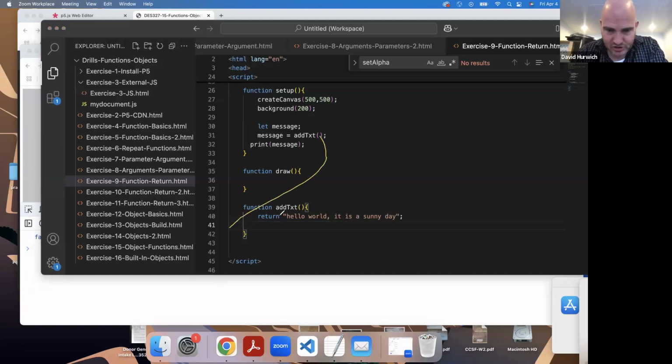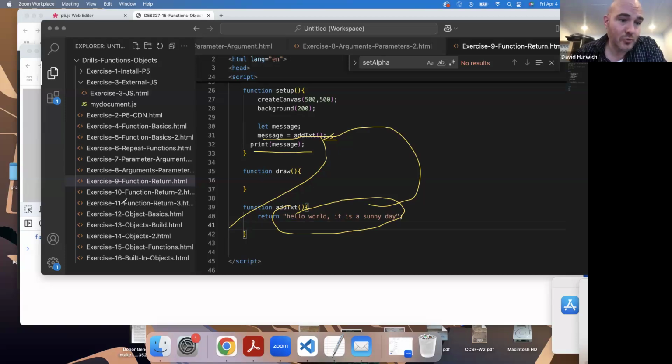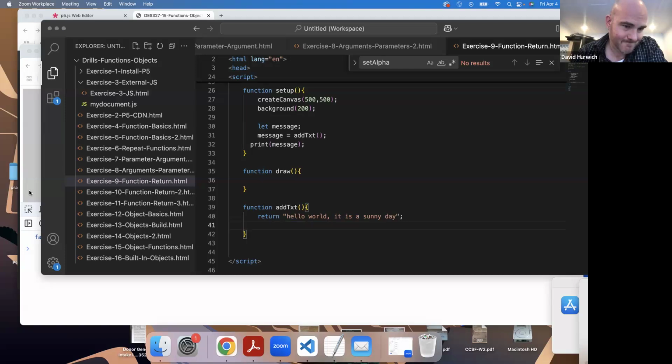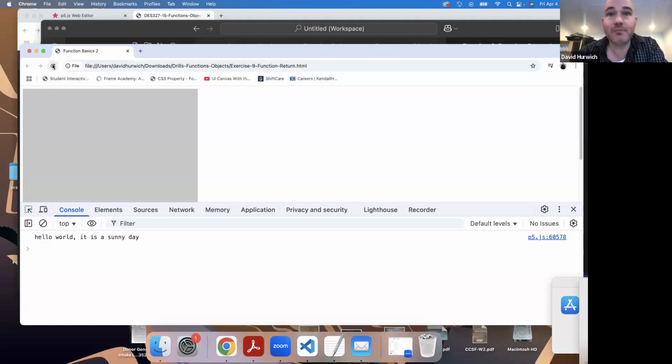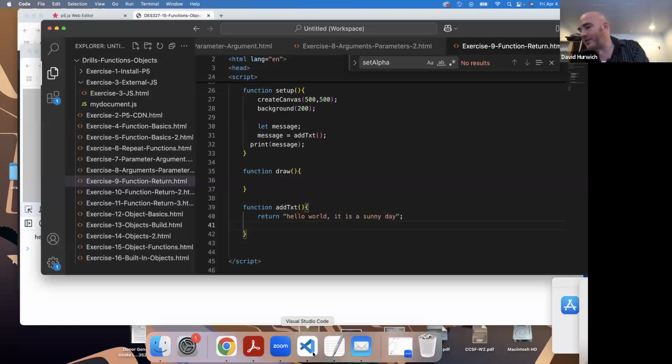This runs the function. It returns this whole string that goes back to here. Message is now equal to this. When I tell it to print it, it's going to print the whole message. Oh, okay. So what's nice about returning is when you run a function,